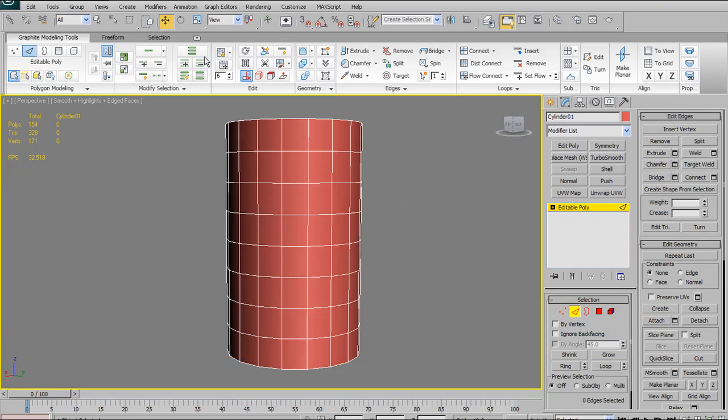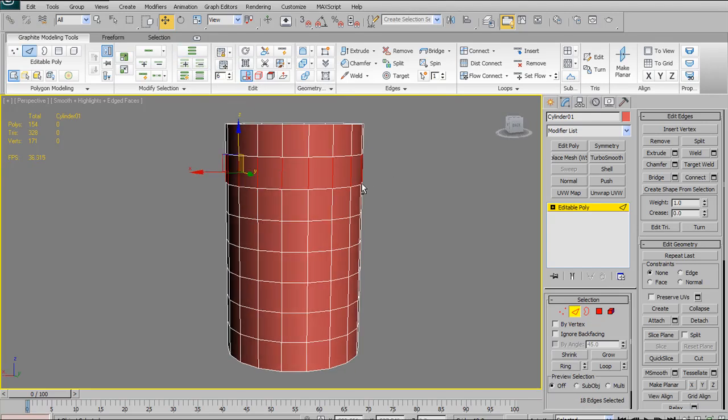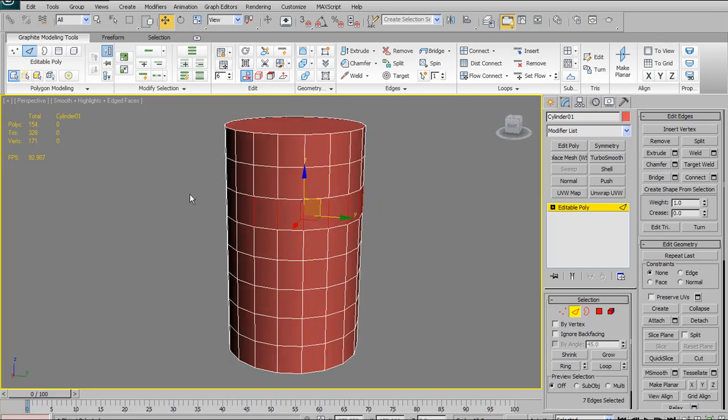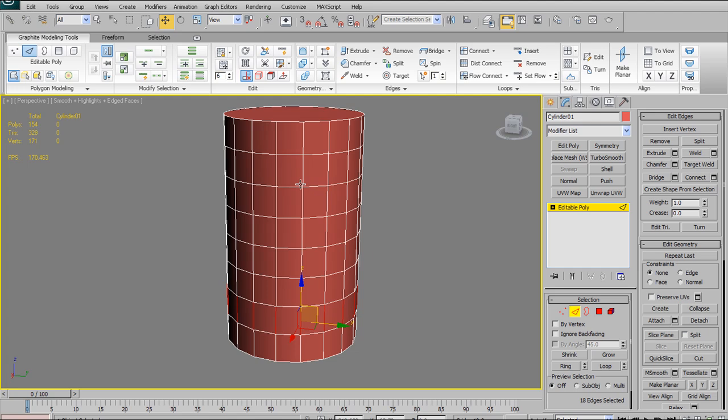Moving on, we have the ring tools. Ring tools are the exact same as the loop tools. This is the standard ring option. Then we have the grow ring, which is just like the grow loop. Hit plus and it grows your ring selection sequentially. Hit minus and it subtracts your ring selection. Ring mode, turned on, will select entire rings simply by clicking one edge. And dot ring does the exact same thing as dot loop,